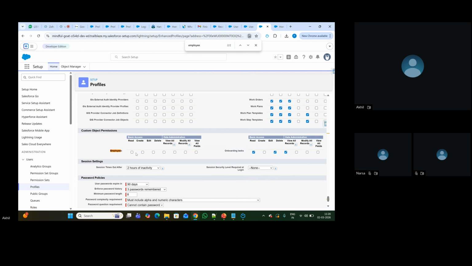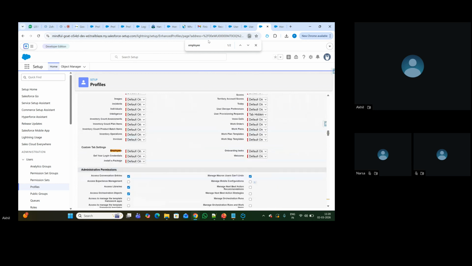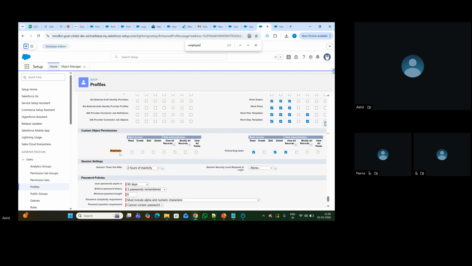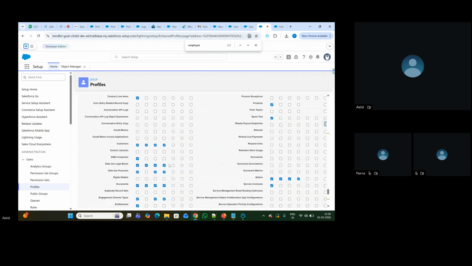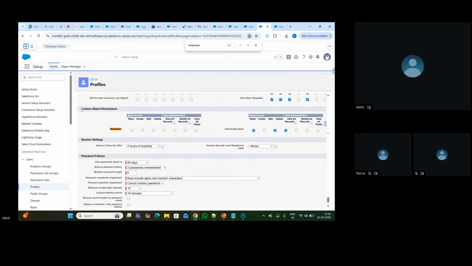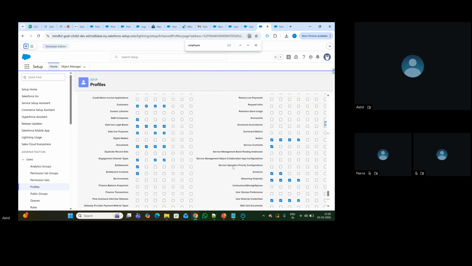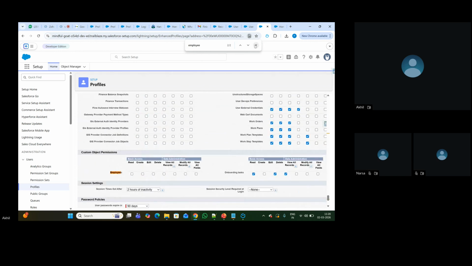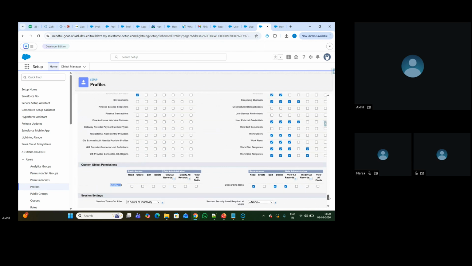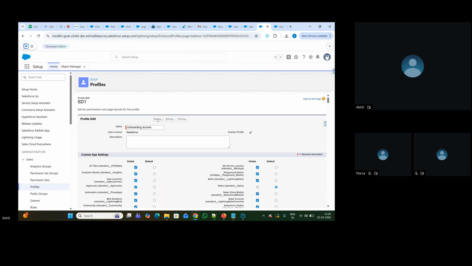Suppose I don't give access to this employee, by making the tab default off, and in the object level, the custom object permissions. If you go to the profile, you will see a section called custom object permissions, and this is the object which we have. So I'm not giving access to this object for the employee. And if I click on save,